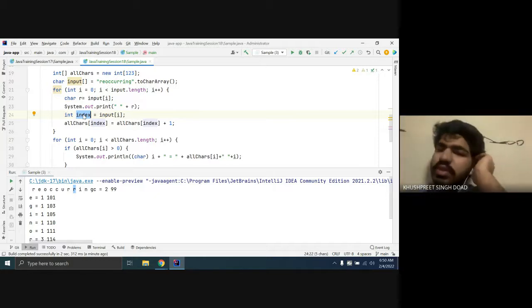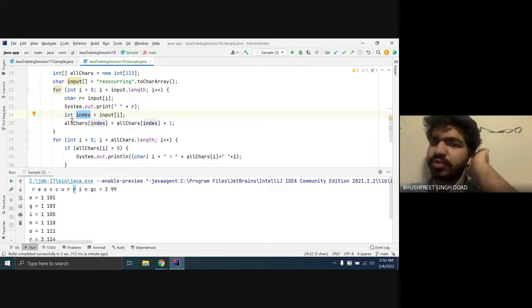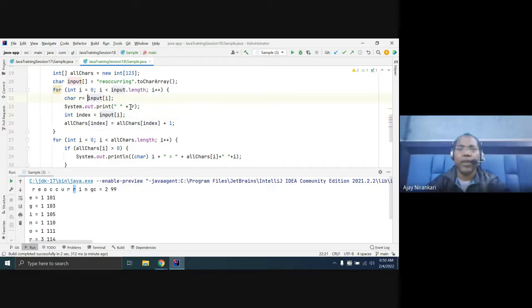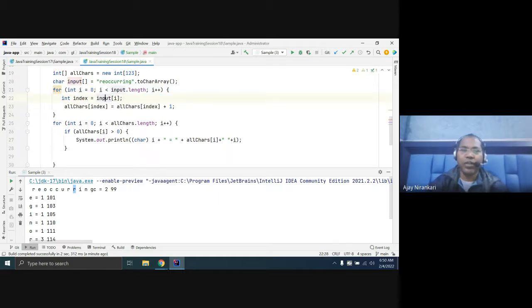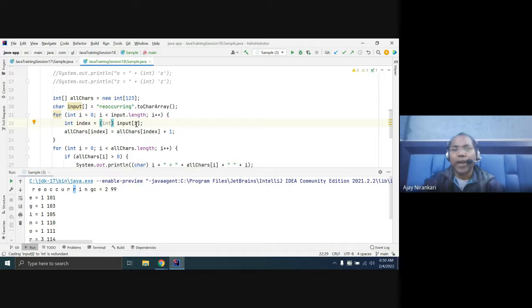Sir, do we not put int in front of input I to make it int input I, in line 24? We just put int; by default your compiler does it for you. If you want, you can put it. Generally, in many books you find int mentioned. Then typecasting: by default a character is an unsigned integer. The compiler does this by default, so you can write it this way, but it is not needed. But you can, there is no problem.